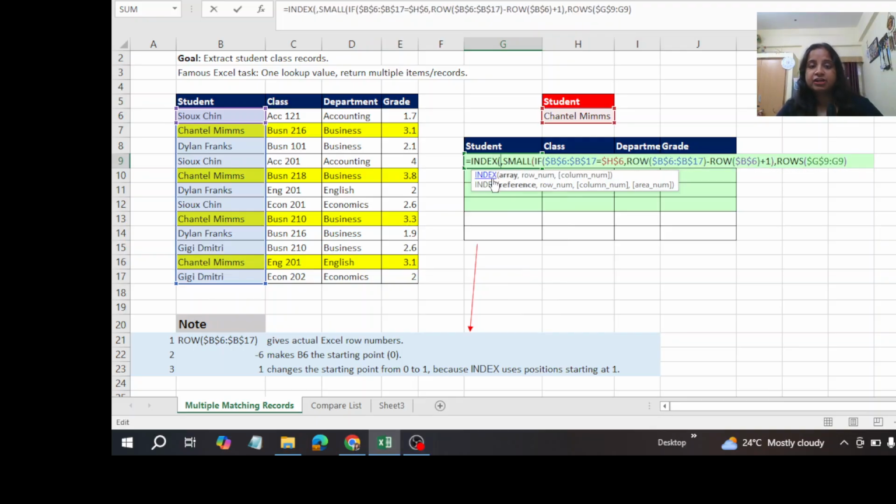Next, I'll be using an INDEX function. And what is the function of this INDEX? INDEX will find, on the basis of this positioning, the exact match of the student name. F4 and